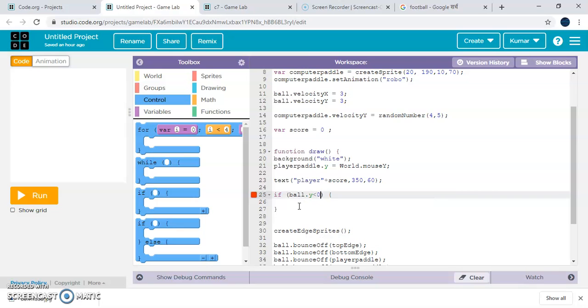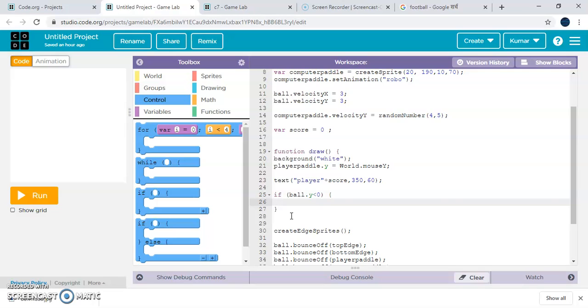If it's greater than 0, meaning a negative value, because it is on the left, so it will be negative. Greater than 0. And then the score will be score plus 1.